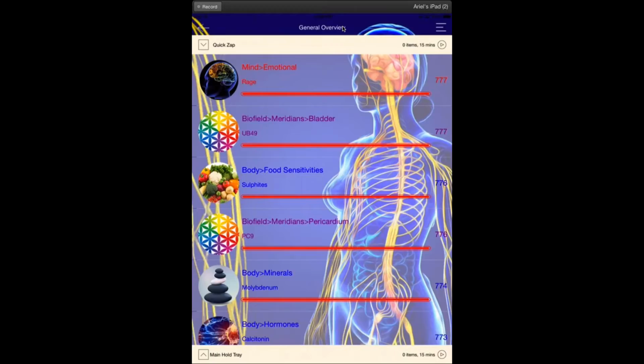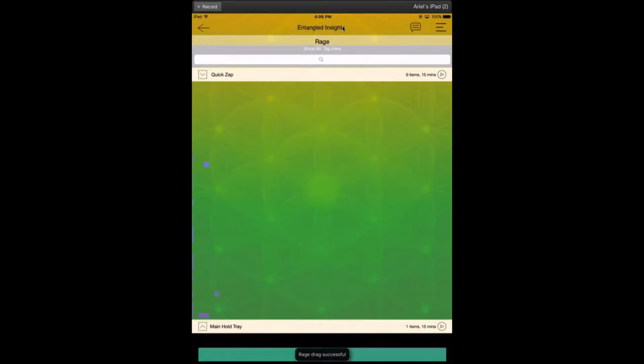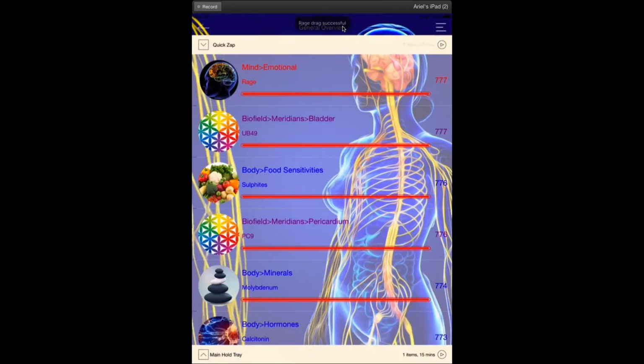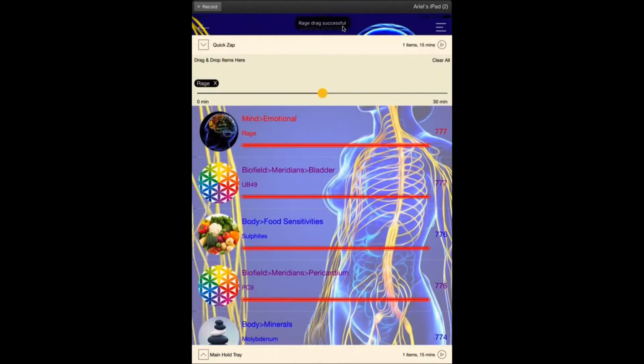So if this was a client, this is just our AAA, it could be picking up all of our energy, or who knows, it could be just very random. It's saying that this is the most important emotion, and so we might balance that actually for 1 minute up in the quick zap. So we could open up the tray, we could pull this little ball all the way down to 1 minute by pulling it to the left, and we could balance that for 1 minute. Then we would remove it from the tray by either using the clear all button here or tapping the X. So either one. Let's hit clear all.